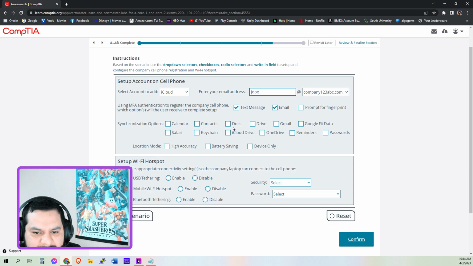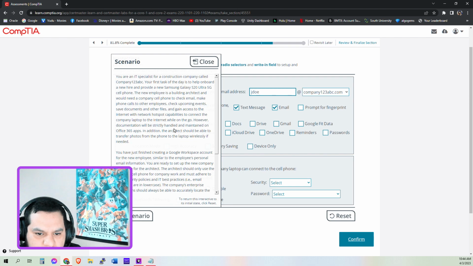They would need to sync the iCloud. Or they need to sync